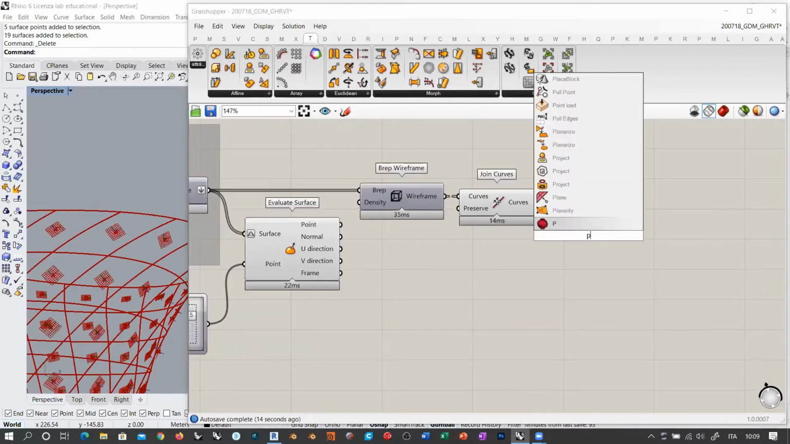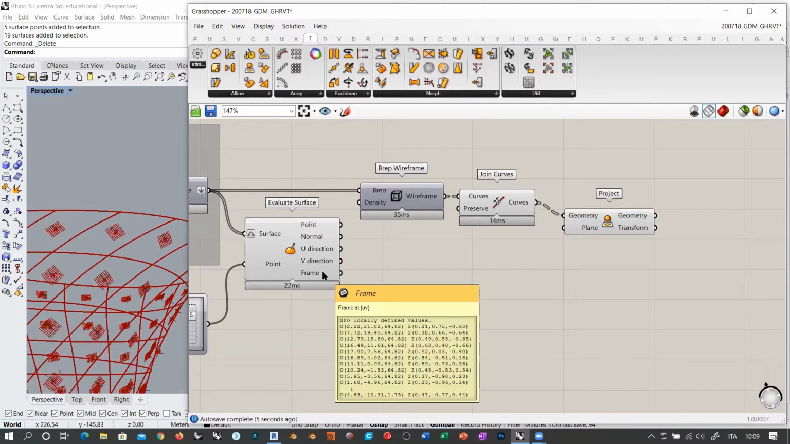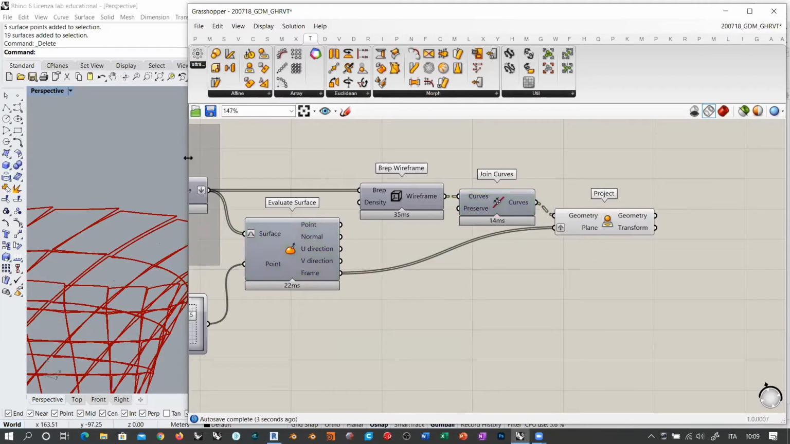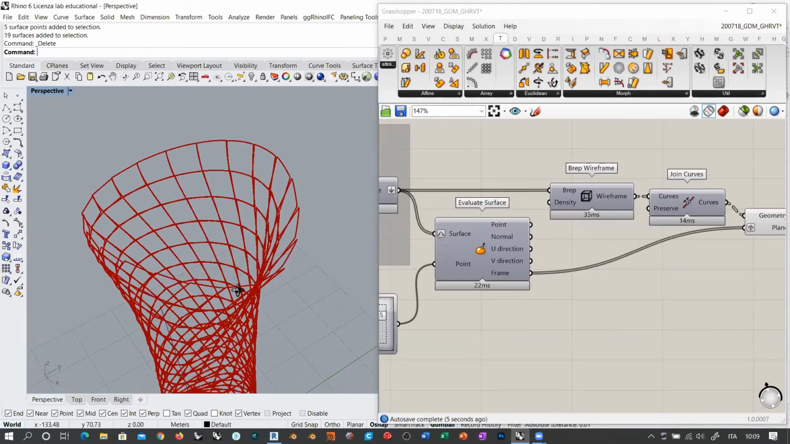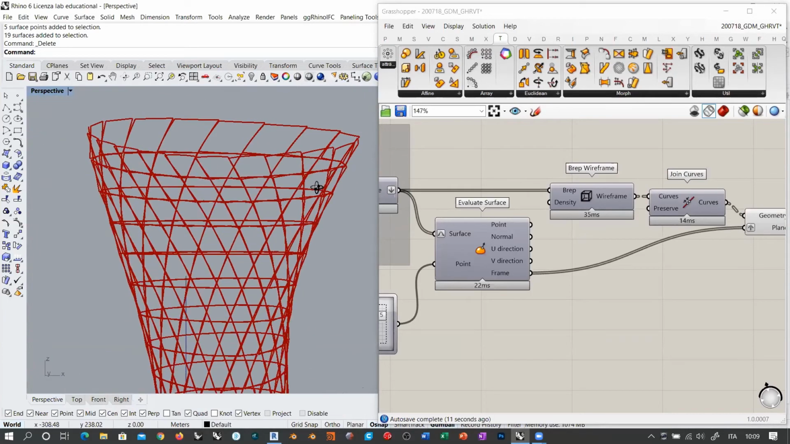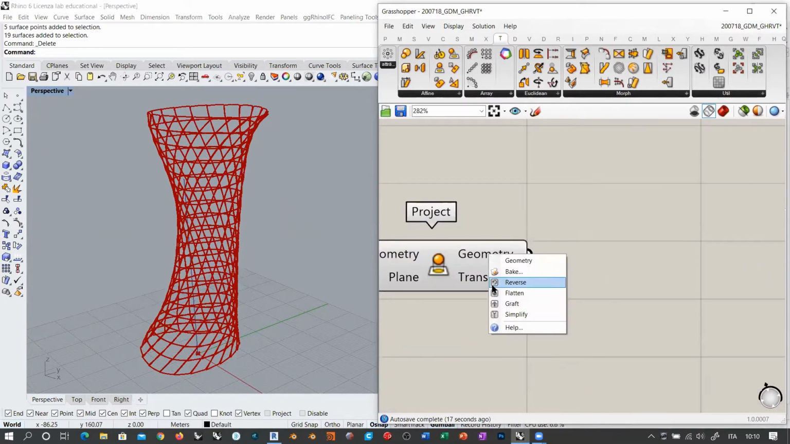And then we can project these objects onto these planes. If I take these curves, which are contained in a data tree, and here I have a list of 380 frames, I must graft the frames and plug the frames into this plane input. As a result, I get these final objects here. You see that there is some, let's say, misalignment here, but they are planar. So if you want to work with planar panels, you can use these projected geometries, which are basically